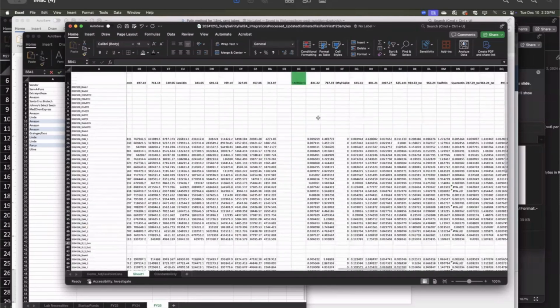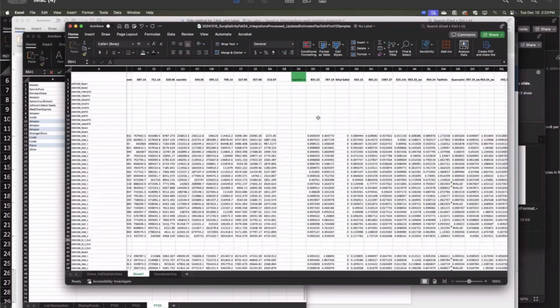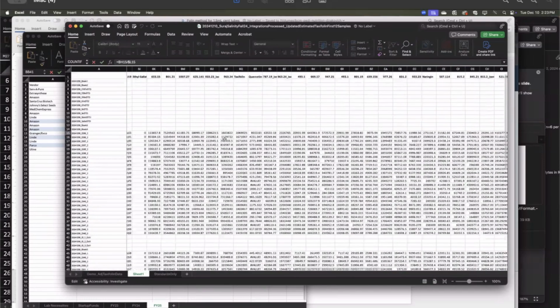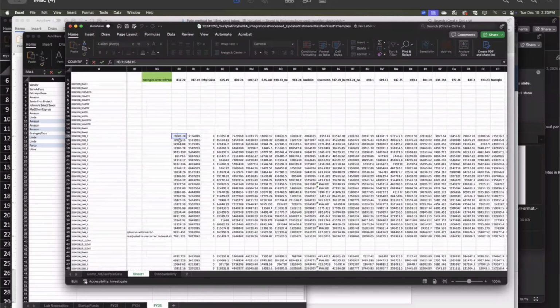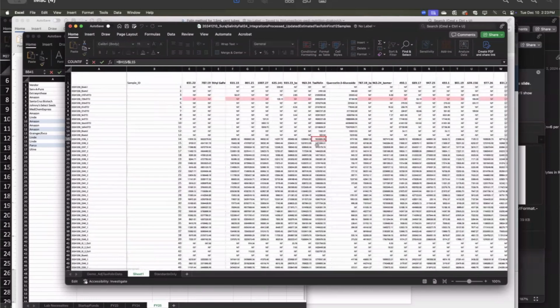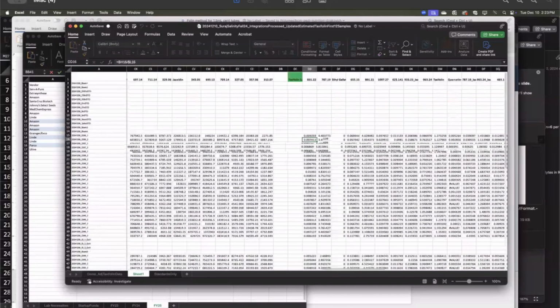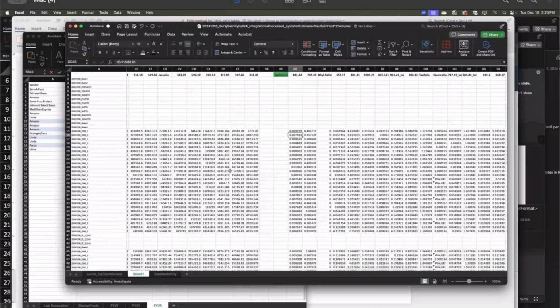So the last thing that we need to do is correct for the instrument variation. And so I mentioned that we use taxofolin to correct for any variability that we see in the signal sample to sample. And so all we have to do is just take our extraction efficiency corrected peak area and divide it by the peak area for taxofolin, which is our internal standard. And you'll see that instead of getting a number that's in the thousands or tens or hundreds of thousands, now we're getting kind of a decimal,